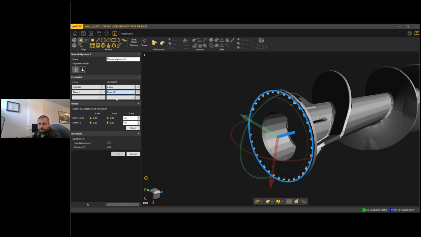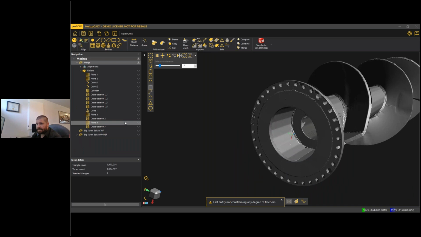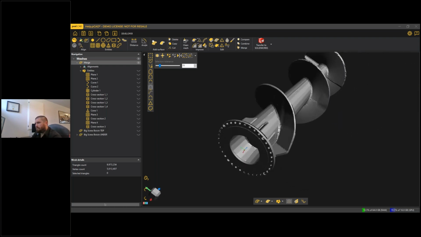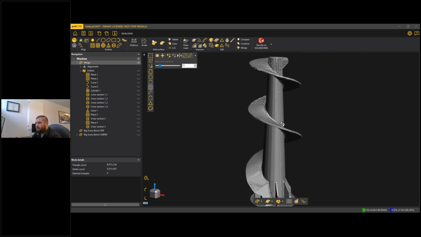So there seems to be an issue here. I don't know why, but it locks the plane in place right here. So my X and Y origin are locked on the plane I created, and the Z axis is locked on the axis. So from there now, the idea is to create entities to help me reverse engineer the